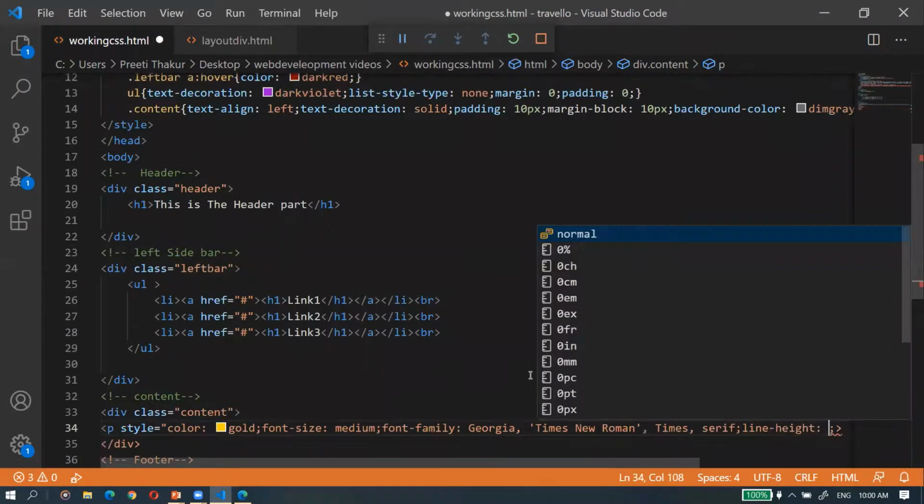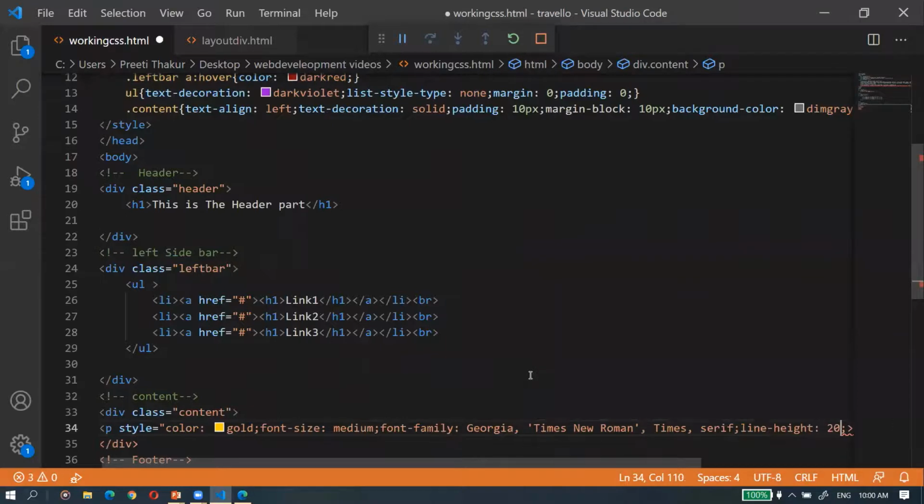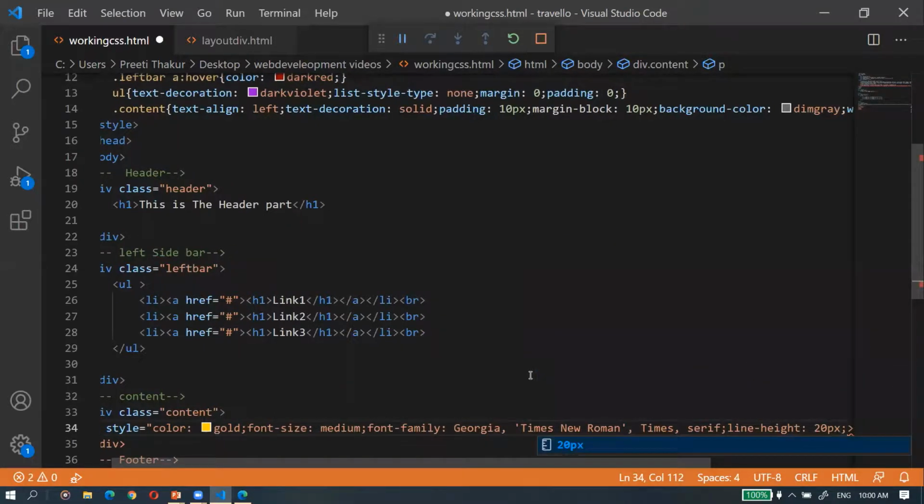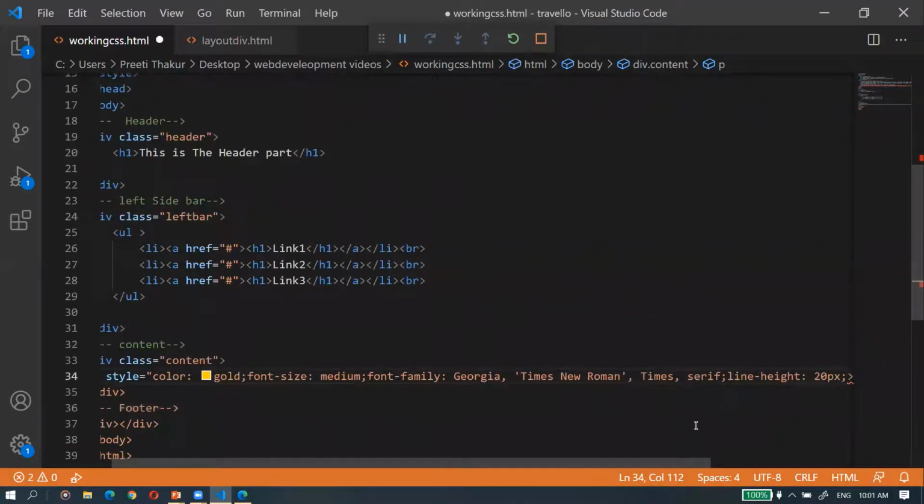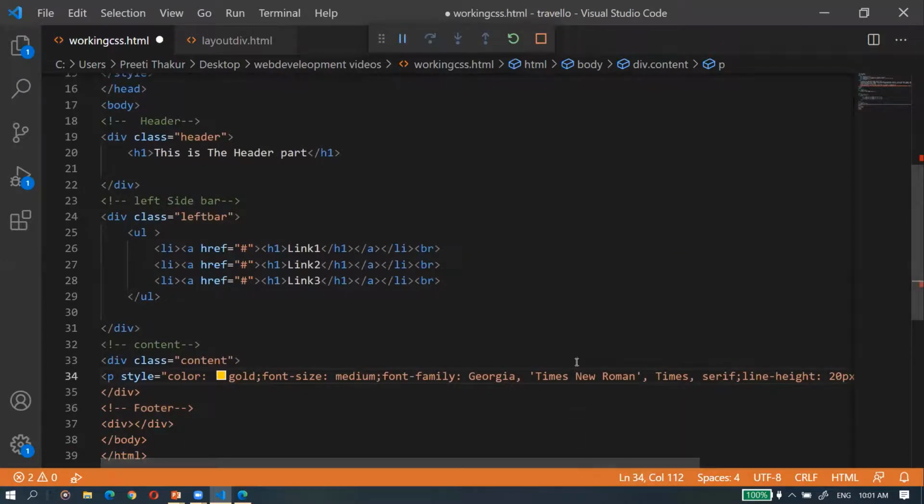So line height I'll be giving 20px. Okay, so that is done. 20px. So this is called inline way of styling. So this style will be only affected for this particular p tag. Okay, so this way I've created the style to the p tag.